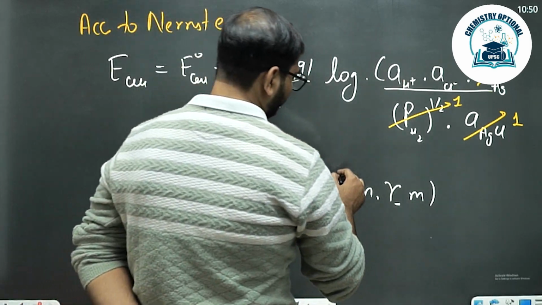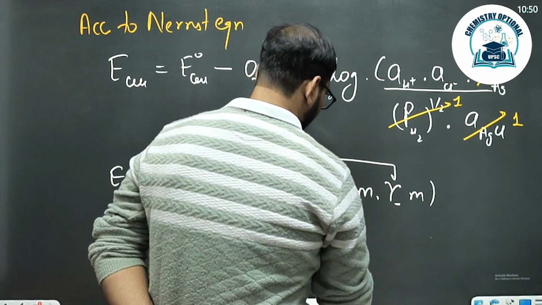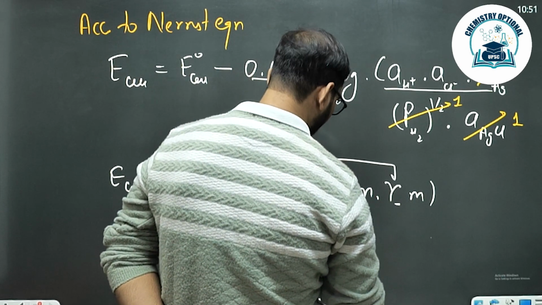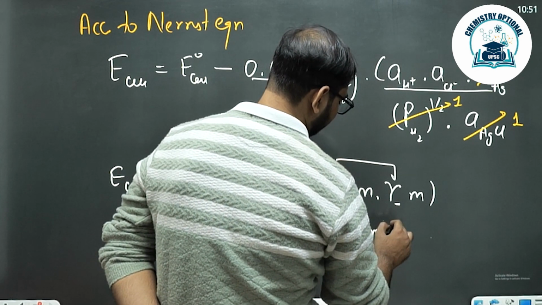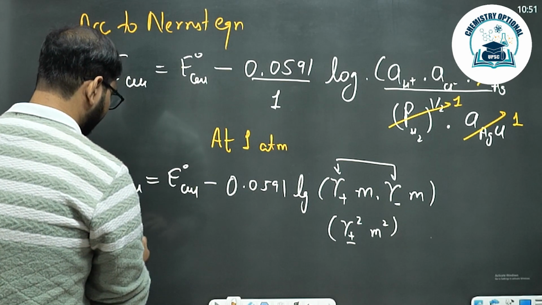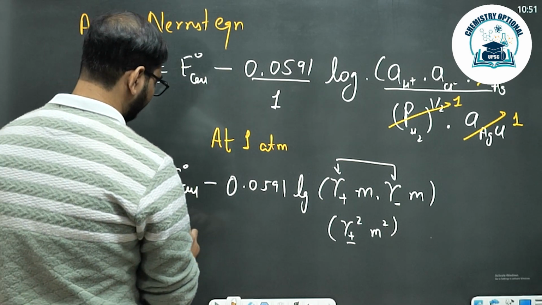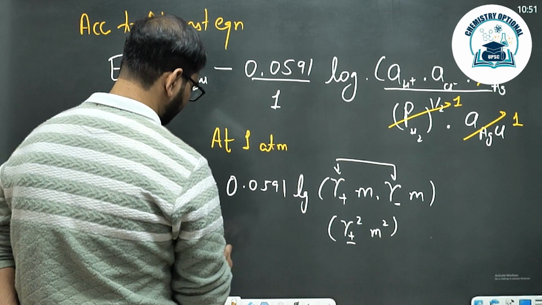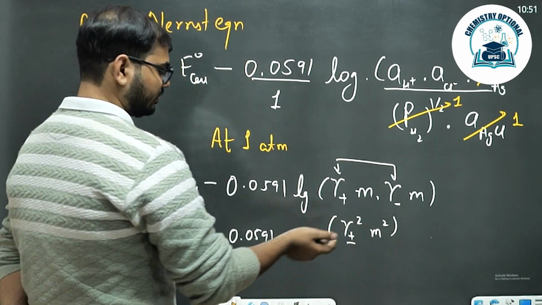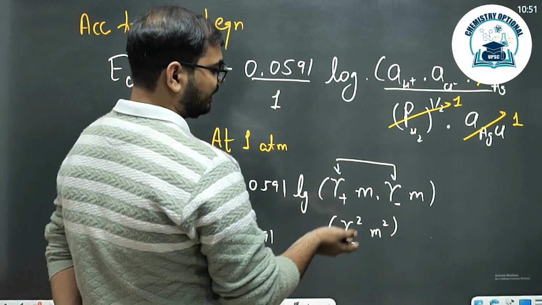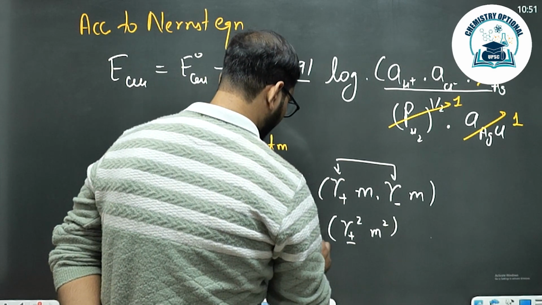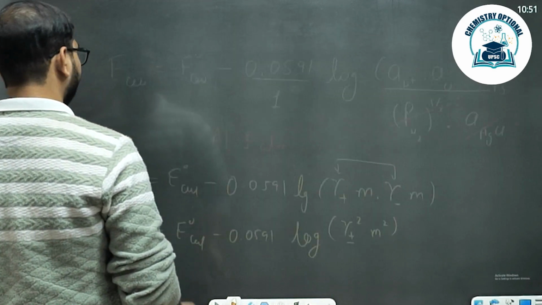Now when two activity coefficients multiply, they give you the mean ionic activity coefficient squared, multiplied by m squared, taking the square power common and bringing it to the front. So EMF of cell becomes E naught of the cell minus 0.0591, using the property of the log that log a to the power n can be written as n log a. So I can write it as log, finally doing the final conversion,